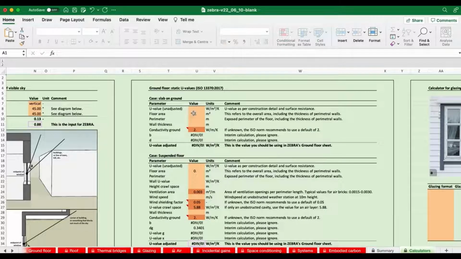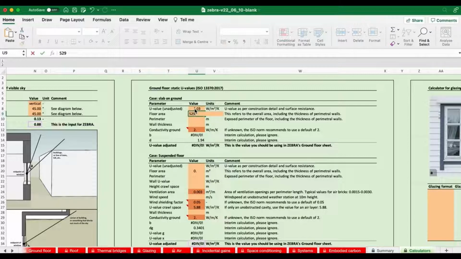And to complete this calculation, we simply put in the U value that we think the floor would have if it was just treated as a U value in contact with the outside air, and this is 1.3 according to the table. We put in the area of underneath the building of the ground floor, and that's 529.